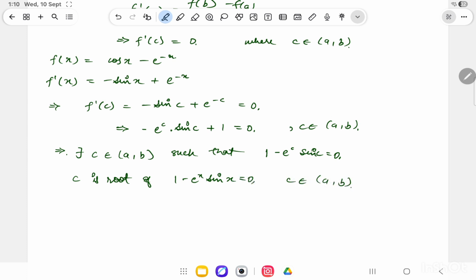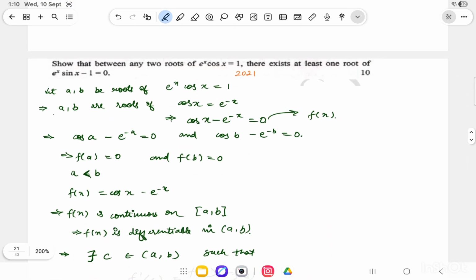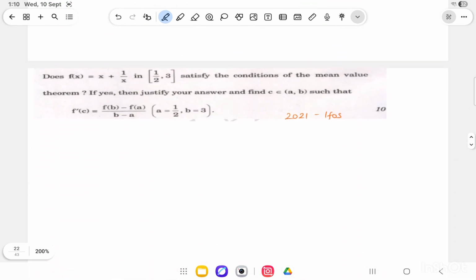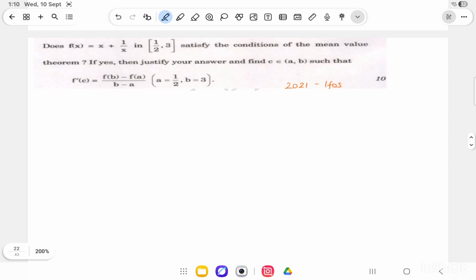So from here I can conclude that there exists a root c of this function in between two roots of function f(x), and that's what we are supposed to show in this question. So let's move on to the next question. So the next question says that